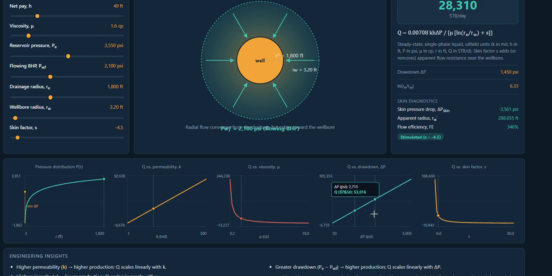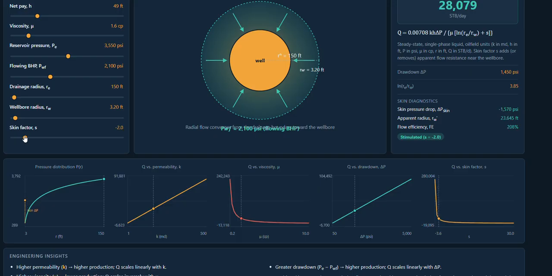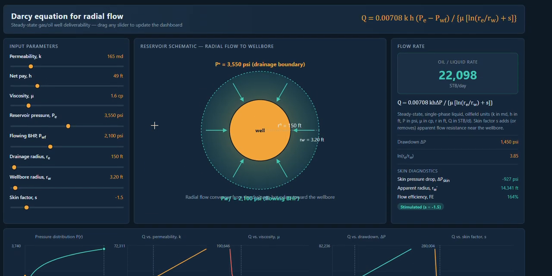A crosshair follows your mouse with the exact values. Okay, try this. Set the skin to -5, for example. So let me just return it back to the original, it's too negative. Okay, and then as you can see, the changes happen instantly for all